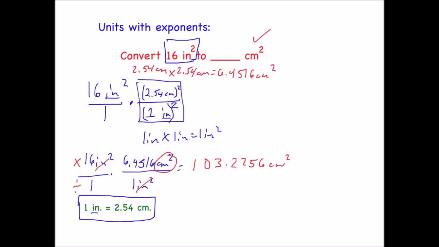It does not. So does that mean that we just make it 10? No, because 10 is not anywhere close to 103. What you do is you drop everything else. Everything else becomes zeros. So our answer then with the correct number of significant digits is going to be 100